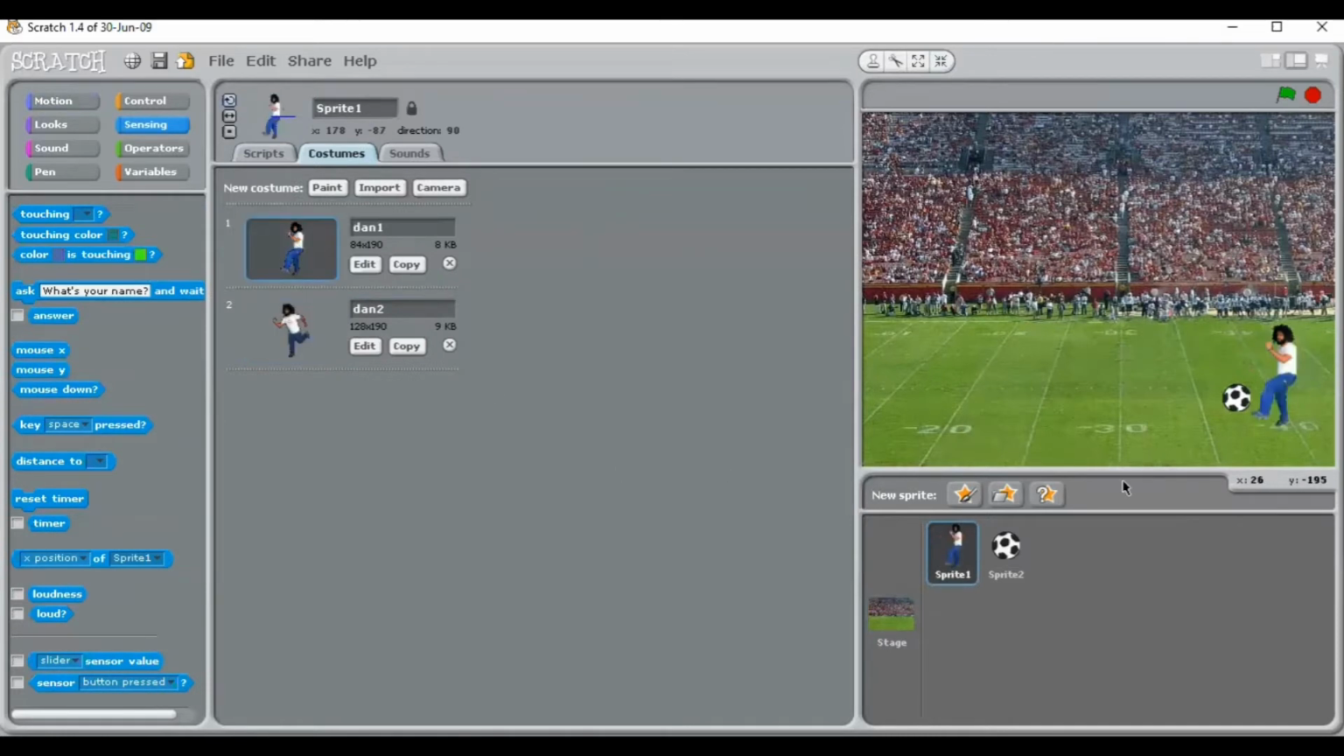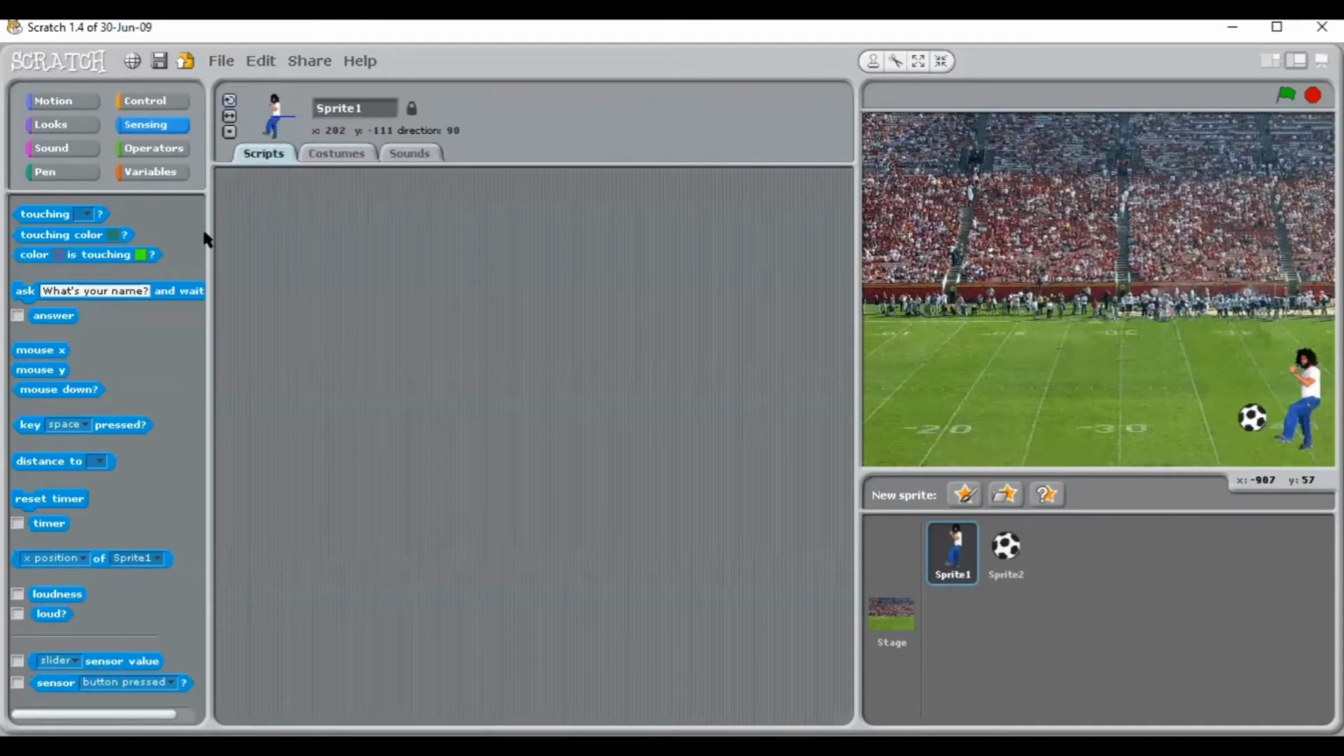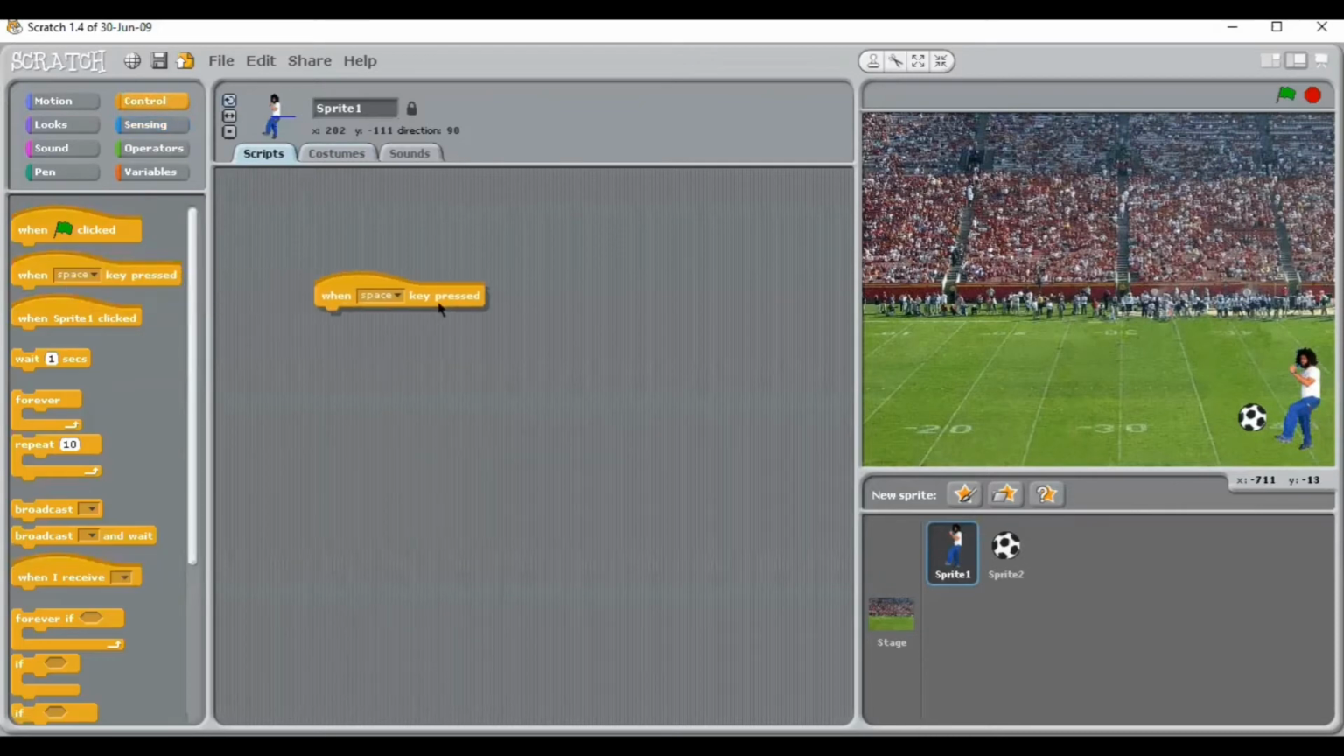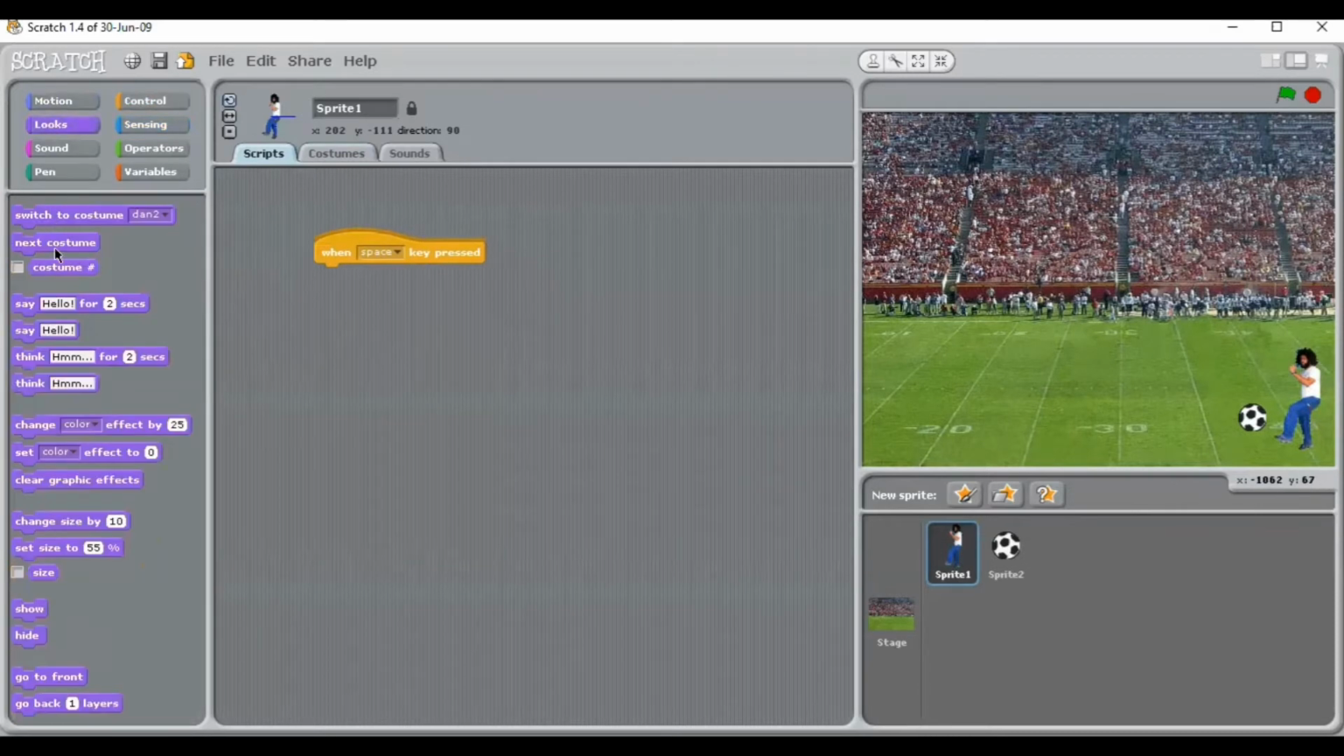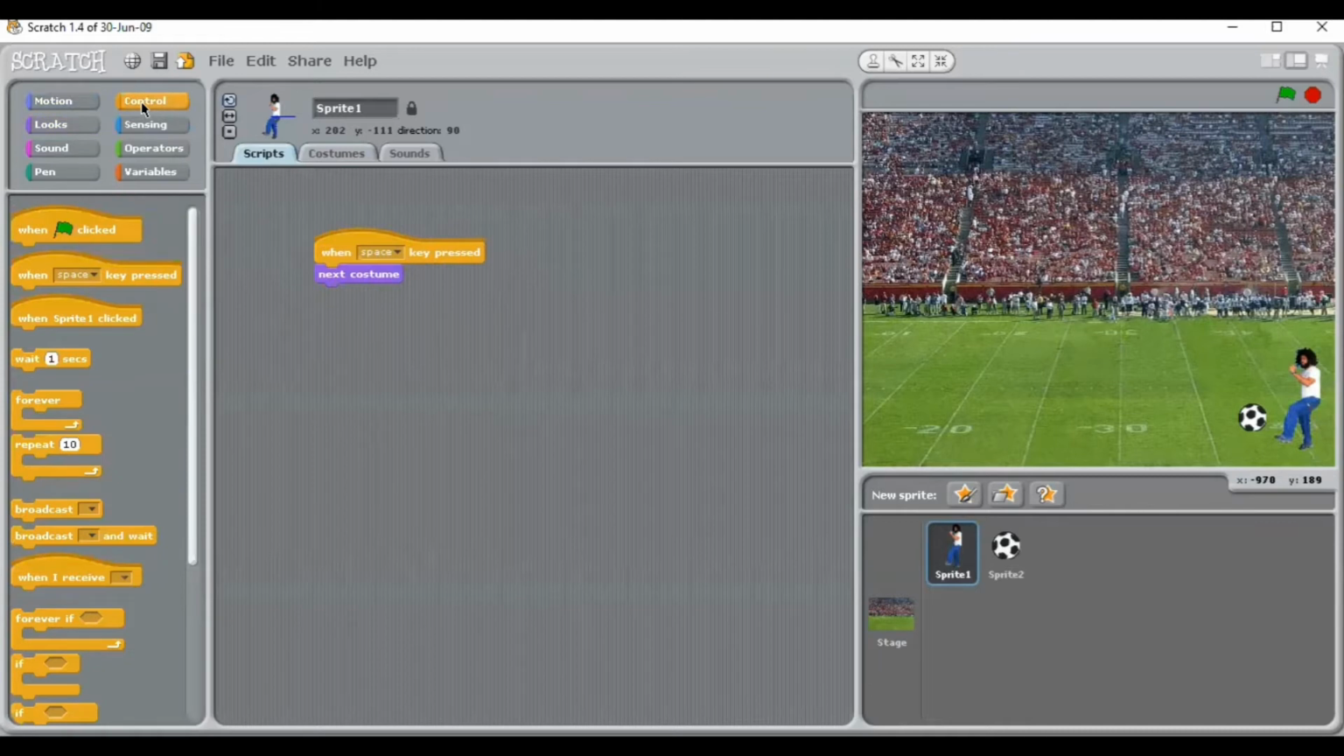So now let's go to the coding. First let's code the sprite one. If you go to the script, go to the control: when the space key is pressed, next costume, and then you should go again to the controls and put wait for